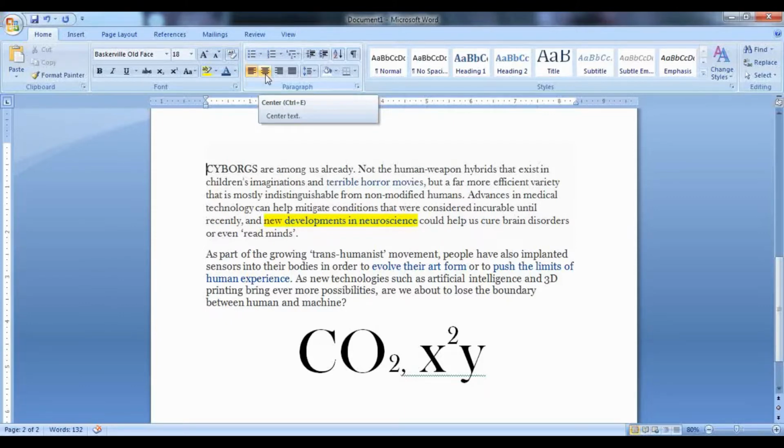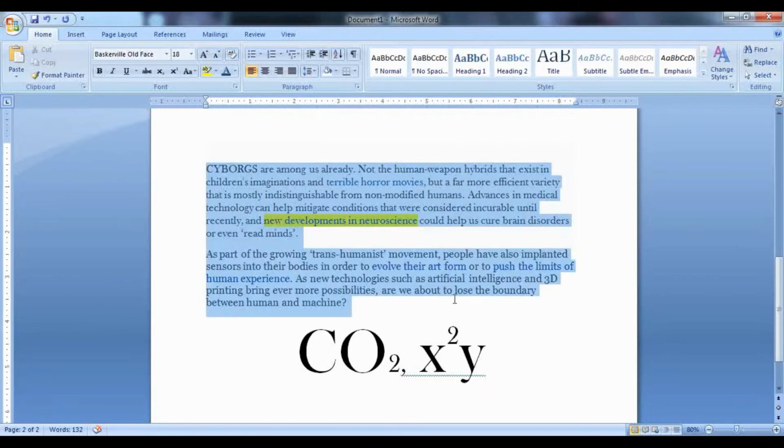The shortcut key is Control plus E. This is to align your text to the right hand side, and the shortcut will be Control plus R. And this is justify. In justify, the text will be aligned equally from both left and right margin. I'll do all four options for you and show you.